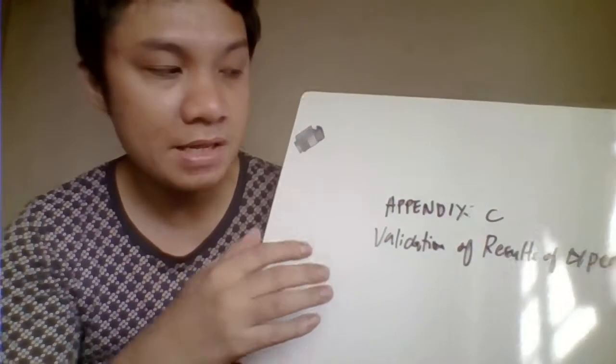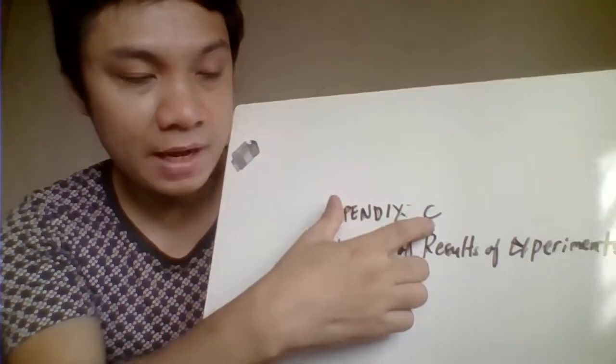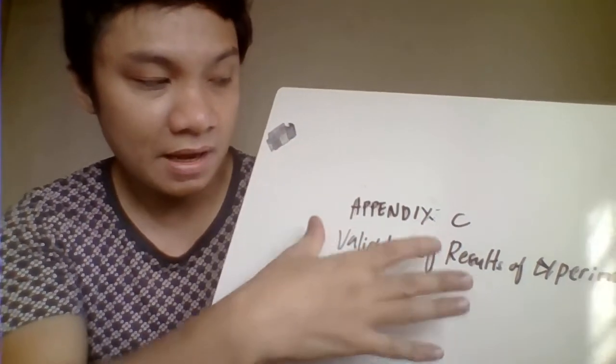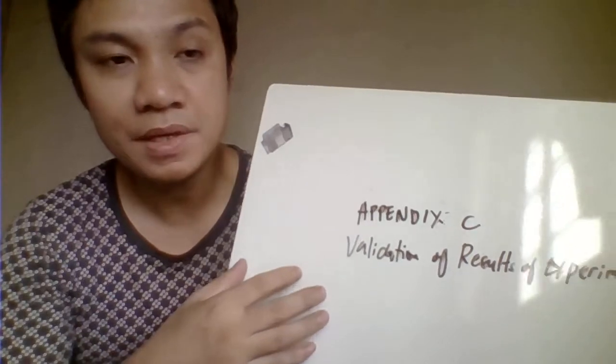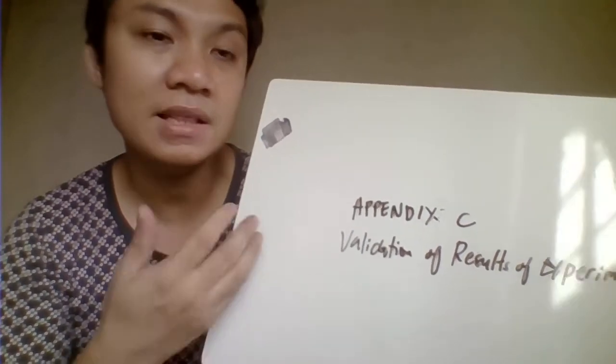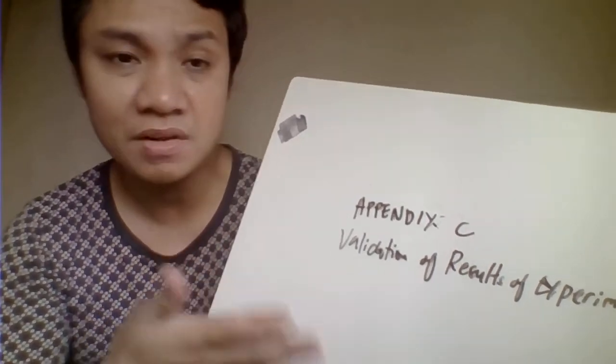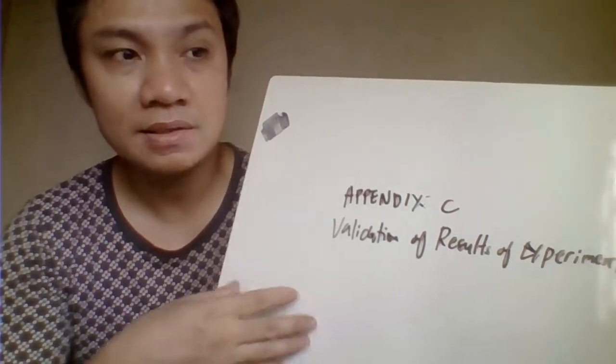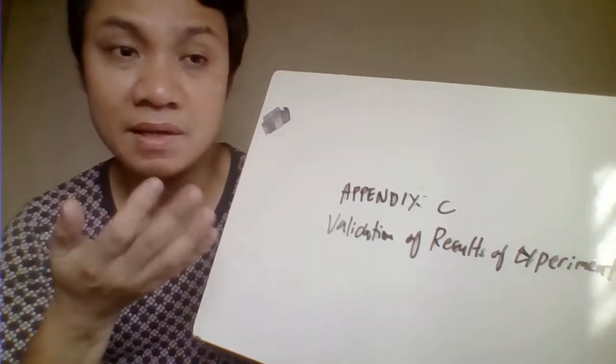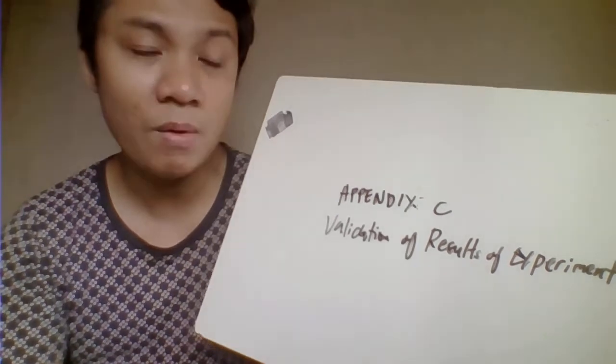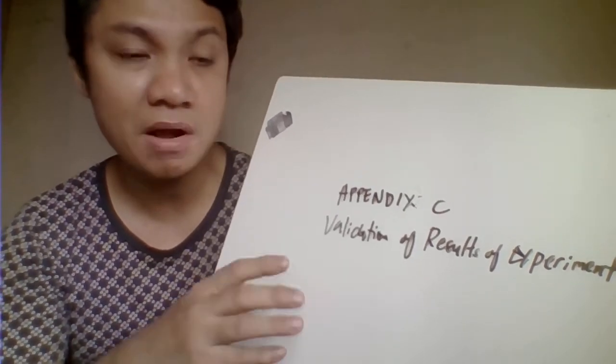After that one, we have here Appendix C, all caps, another one page for this Appendix C. So you could present here a certificate, like anything related to your results, validation of your results, for example, or say a copy of your sample result. You could scan that one and put that one, and it becomes Appendix C.